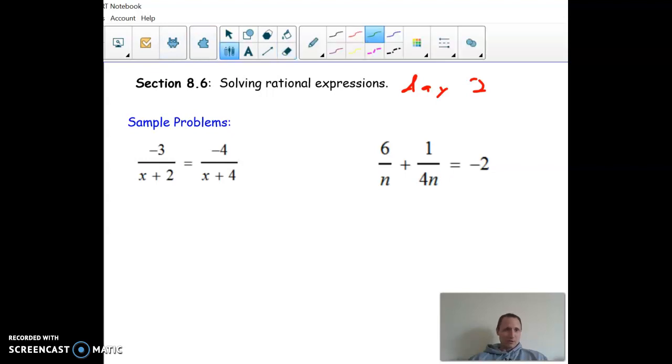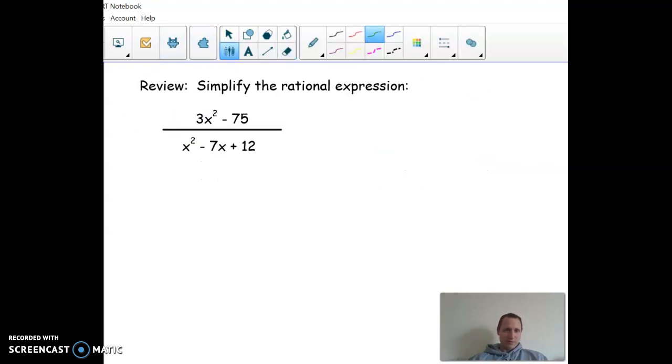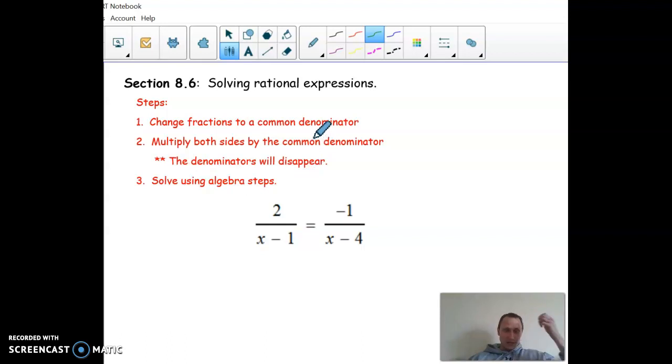So the method we're going to use from before is to get a common denominator and then wipe that denominator out with multiplication and then solve using algebra steps. Okay, so the idea is like if you have a fraction question, like say x over 2,